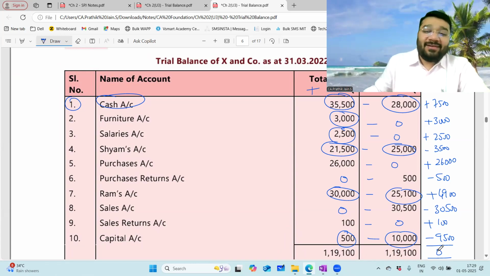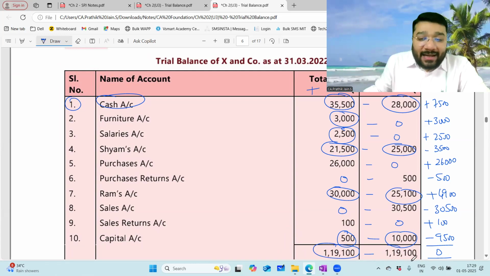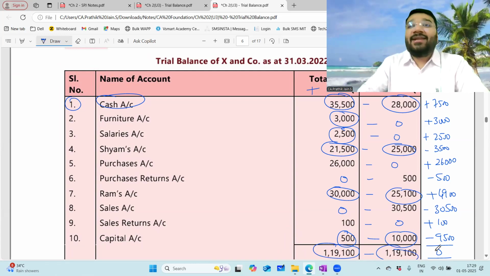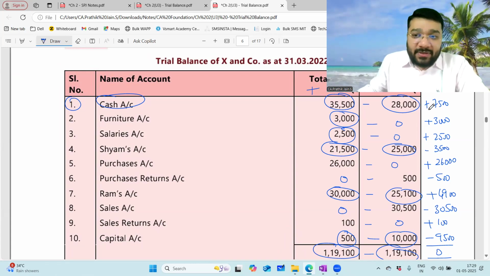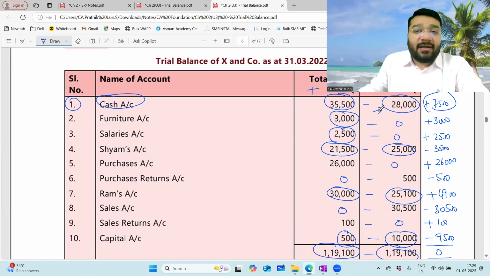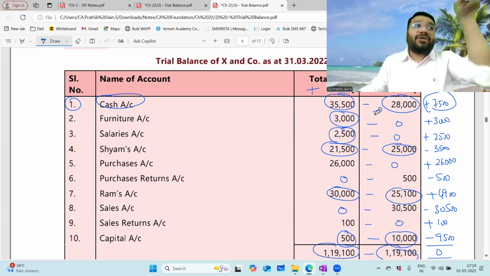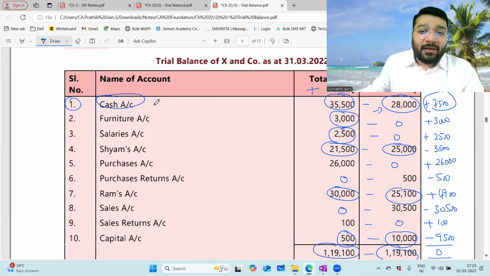How will the difference come first of all? 1,19,100 minus 1,19,100. The difference will be zero only, no? If a difference is there, it means the double entry is not followed, single entry is followed. So if there is a deficiency of 7,500 in the credit, the corresponding place also will have a deficiency, no? For example,